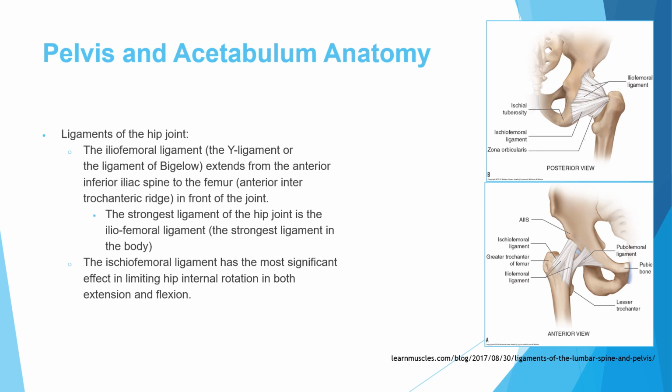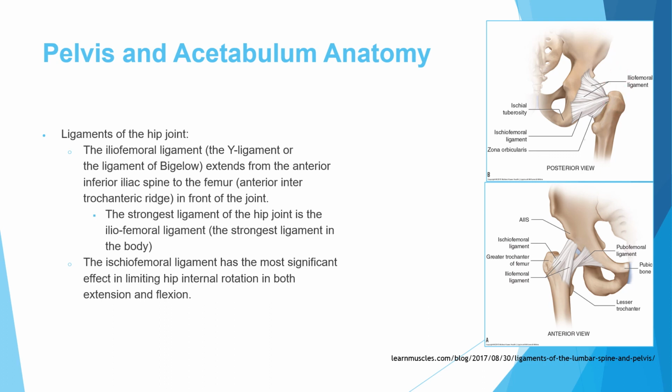The strongest ligament of the hip, and actually one of the strongest ligaments of the body, is the iliofemoral ligament. Another name for this is the Y ligament because it looks like a Y, and another name, of course, is the ligament of Bigelow. This ligament goes from the anterior inferior iliac spine to the anterior intertrochanteric ridge, and it's one of the strongest ligaments in the body. The ischiofemoral ligament is important in limiting hip internal rotation, so it prevents the hip from internally rotating, both in